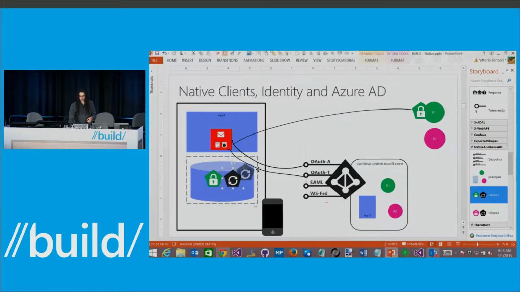saying, hey, it's me again. I'd like to have a new refresh token, a new access token. And if the user is still a valid user, then the system will send me back another access token and a refresh token so that the validity slides. This is the way in which we give ourselves the opportunity to